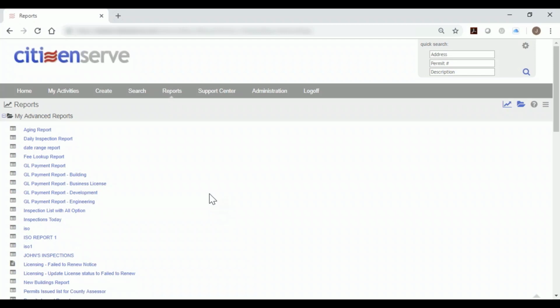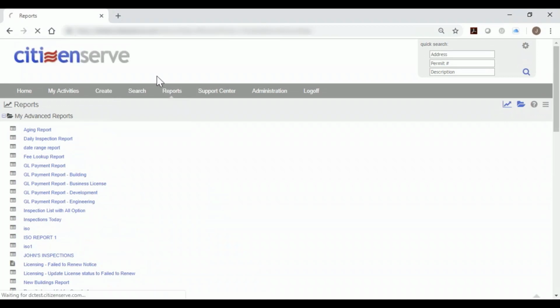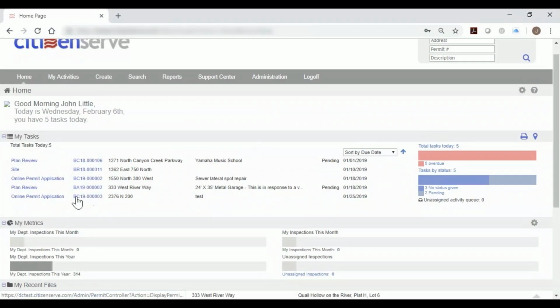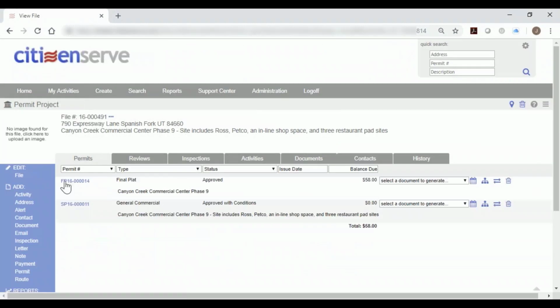So Jim, did you show fees? No, we showed them fees. Let's go back to our recent files here. This allows me to go back to what I was looking at. So I'm going to click on the one we were doing, and then if I go to my site plan,